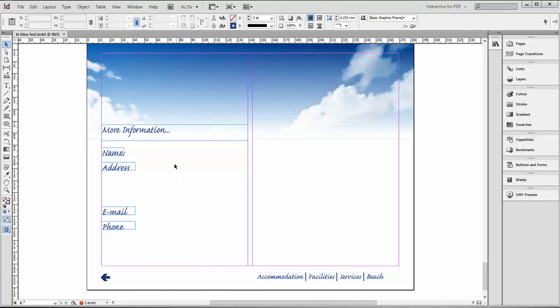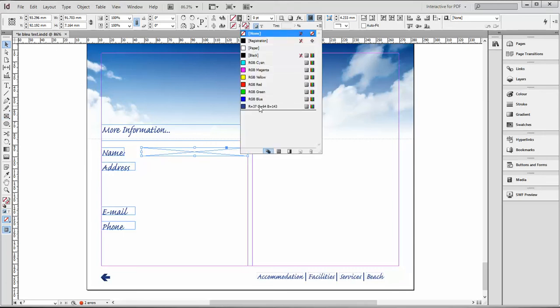So we need to have some text fields and a button. So let's just choose my rectangle frame tool and make a frame, and I'm just going to colour this frame. So at this stage we're not doing anything out of the ordinary, we've just made a normal InDesign frame. I'm going to use this blue that I've been using throughout the document to keep it consistent. I will change the tint down